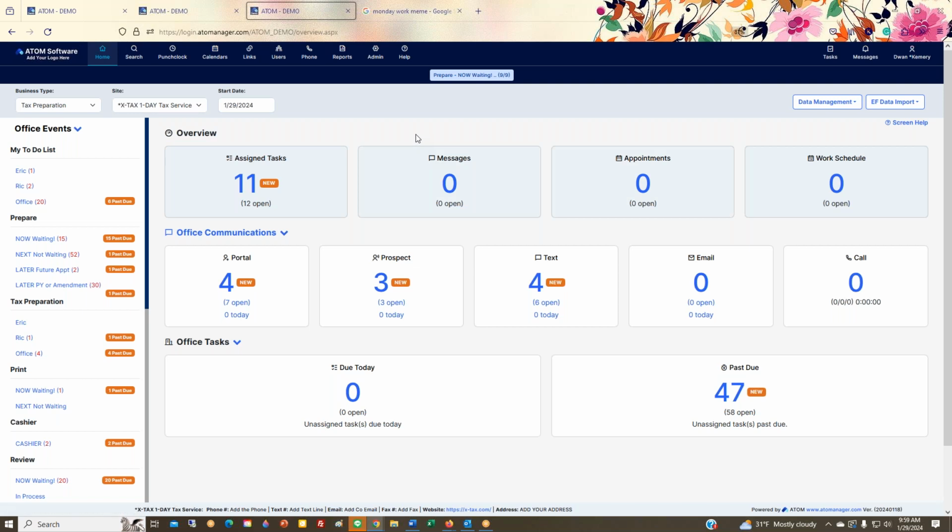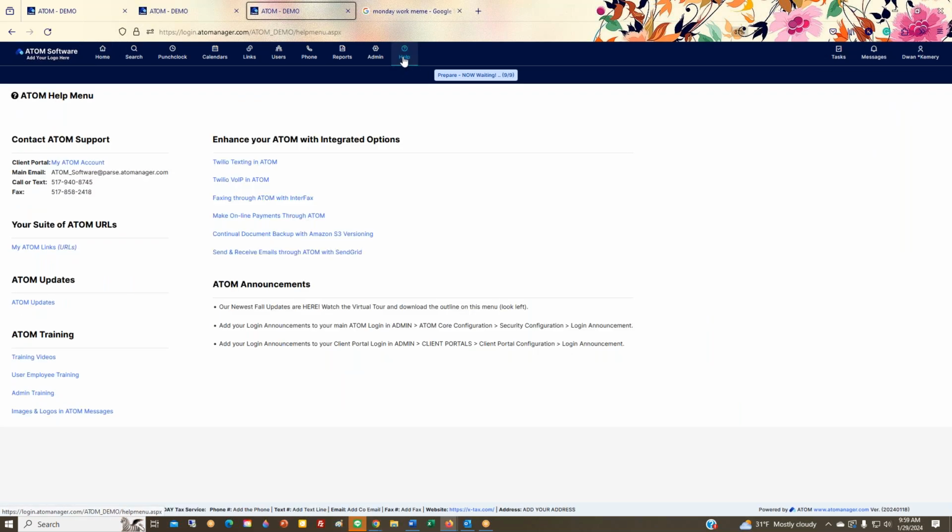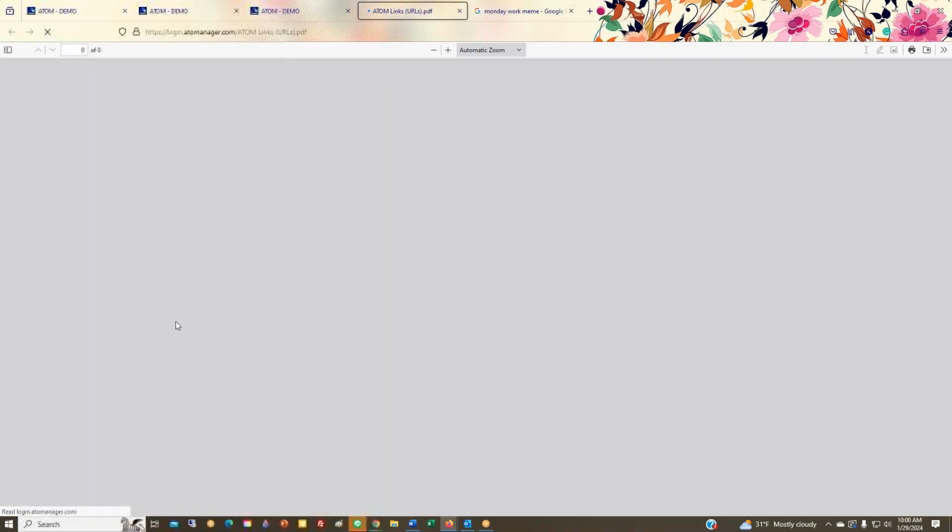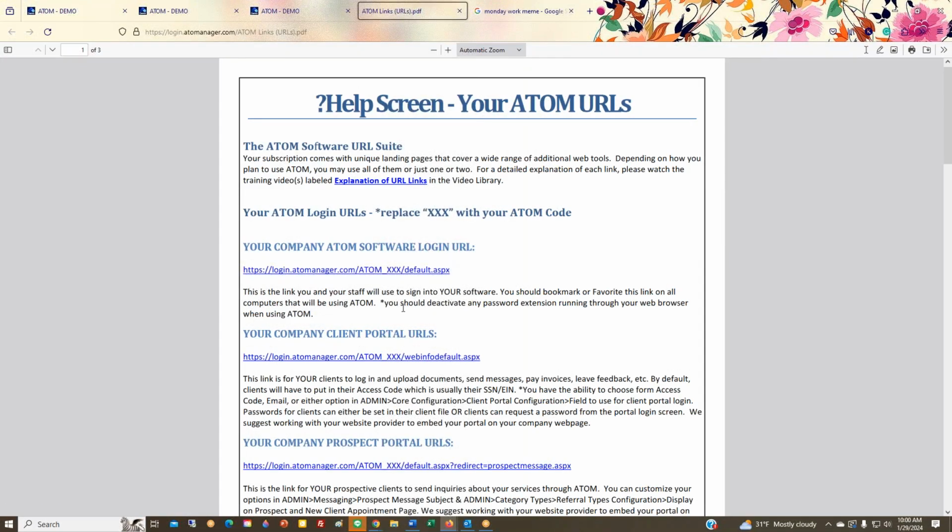Now, for you, a few of the things that you want to do is that, with that, you don't need the mobile version of anything anymore. And so those mobile versions are now no longer working. Your suite of Atom URLs, my Atom URL links, right? There used to be 3 at all times. So the default one, and you can see the default, this is always one that's going to read: